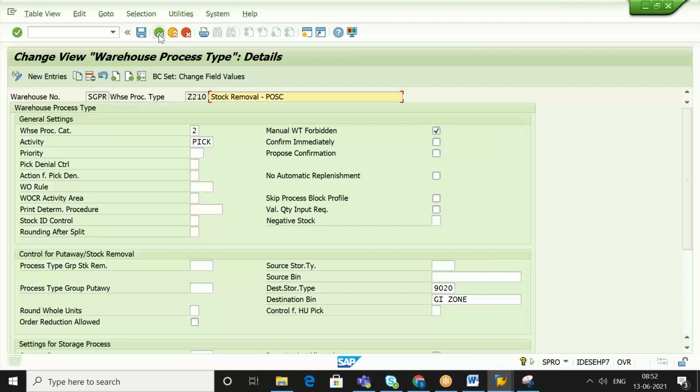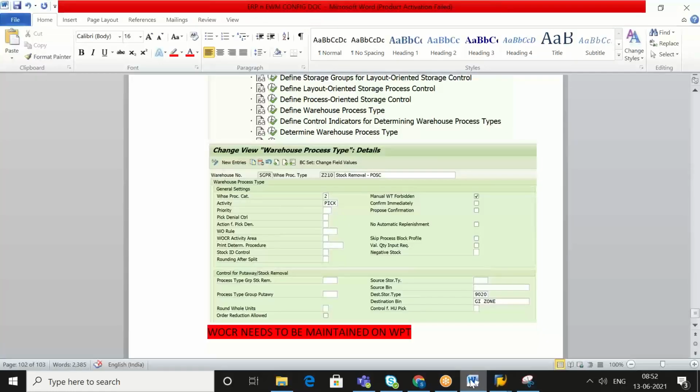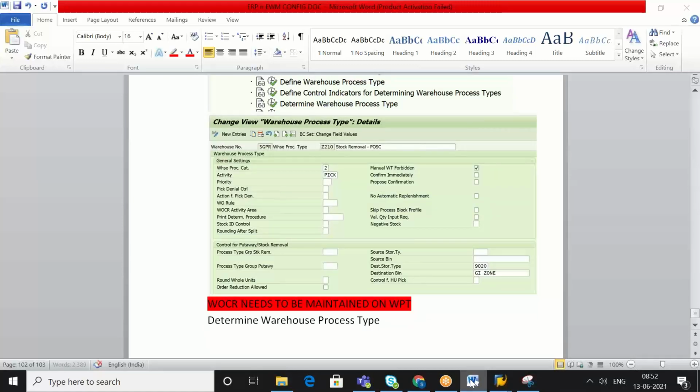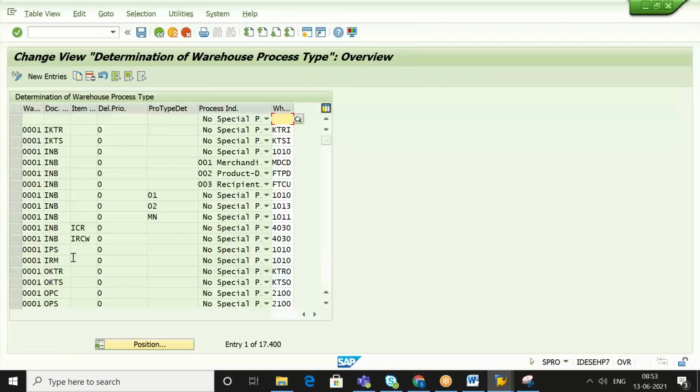Save it. Back from here. Whenever you create a warehouse process type, you have to determine it. Go to determination. Execute it,